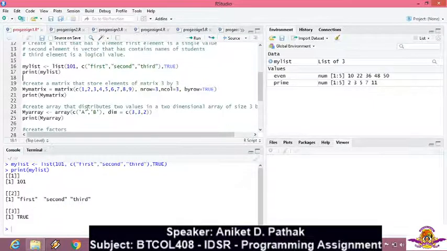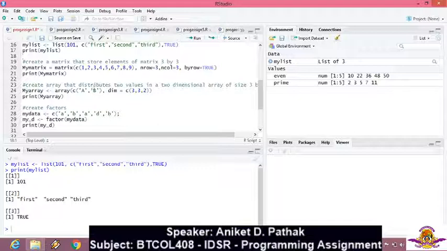Moving on, next we have the data type that is a matrix. If you remember, in C and C++ language, you were using a 2-dimensional array or multi-dimensional array for storing matrix values. Over here, in R, you directly have the matrix function that allows you to store the matrix.